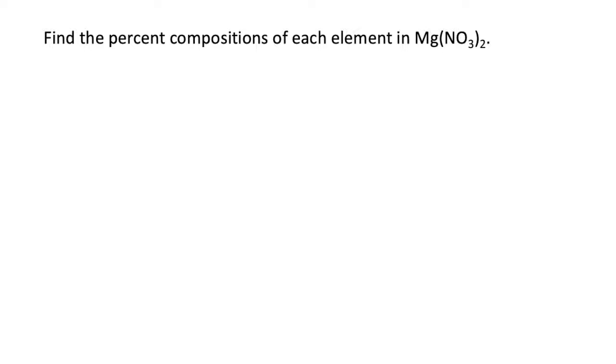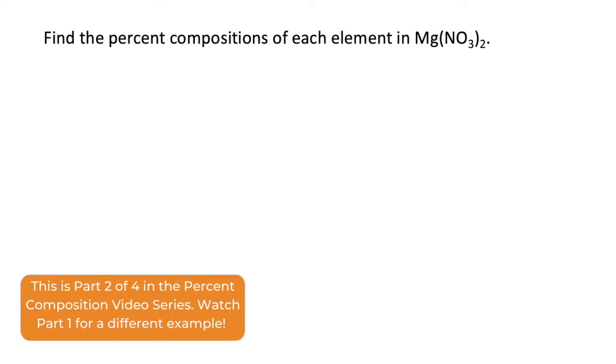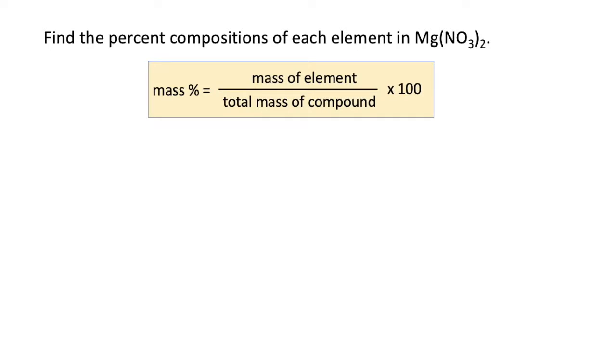Hey, it's Doc Williams, and in this video, we're going to determine the percent compositions of elements in compounds. In this example, we're asked to find the percent composition of each element in magnesium nitrate. And looking at our formula, the mass percent equals the mass of the element divided by the total mass of